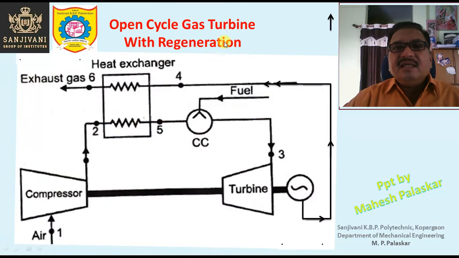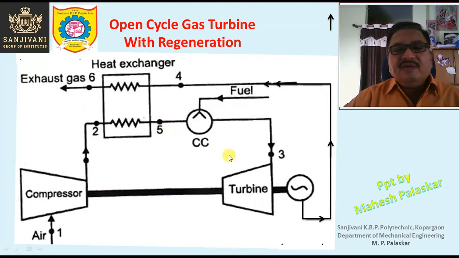First of all, regeneration. So let us study the open cycle gas turbine along with regeneration. So as usual, in case of open cycle gas turbine, the air from the atmosphere is entering the compressor, it gets compressed in the compressor, at point 1, right? Now 1-2 is the compression process. So the working substance or the air leaves the compressor in compressed form, and before entering the combustion chamber it will get preheated in the heat exchanger. It will get preheated in the heat exchanger. So that is say process 2-5.